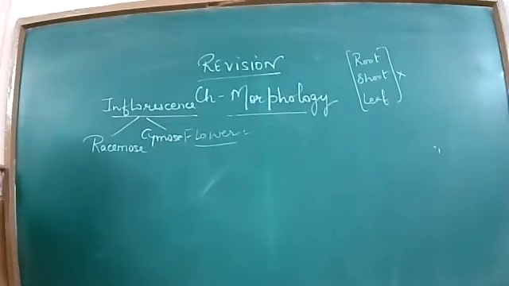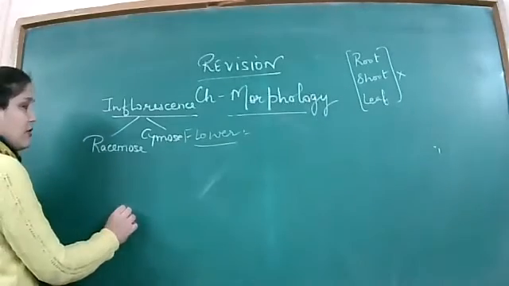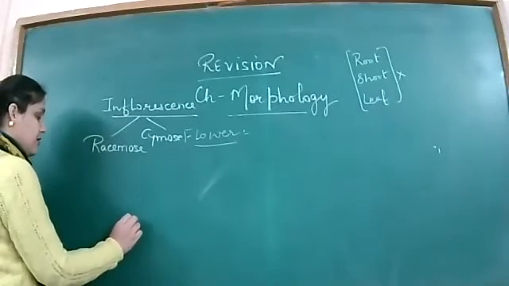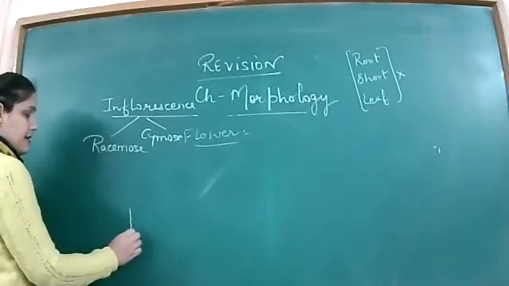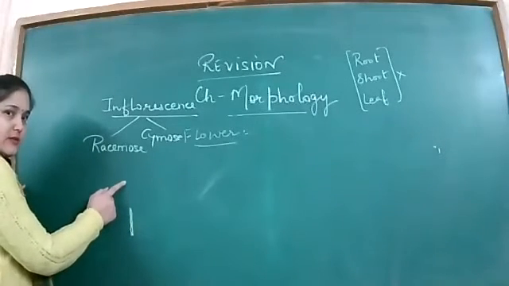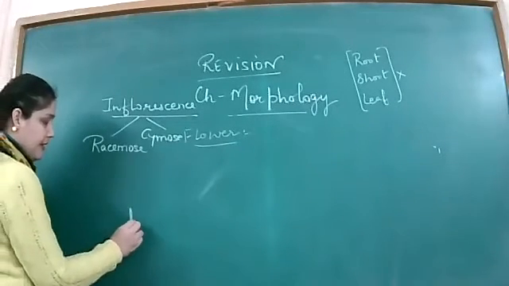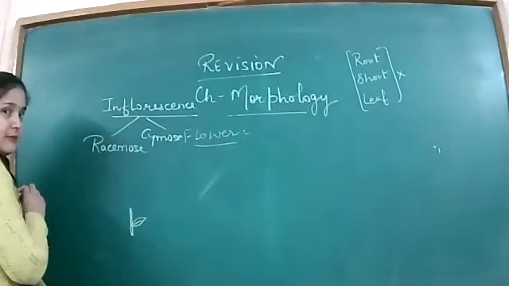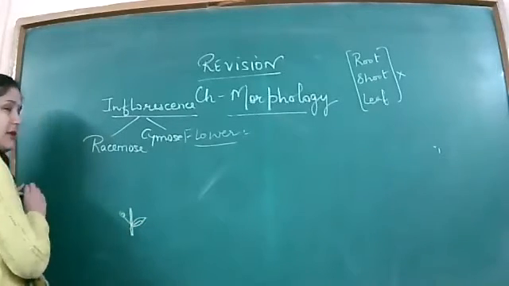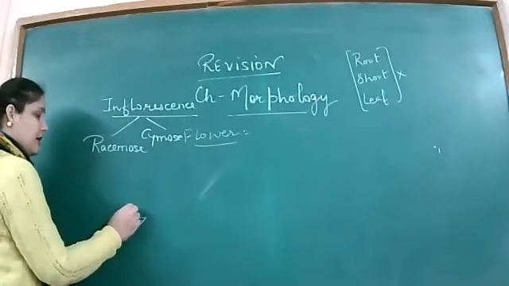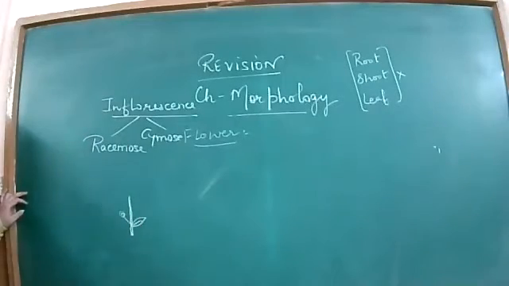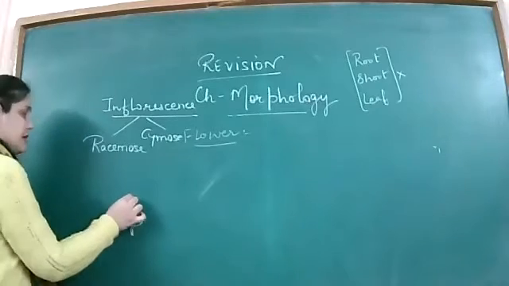It is the one in which the terminal bud does not stop its growth. ठीक है? That is, मतलब terminal bud जो है वो grow करते हैं. Main axis continues to grow. As there is a growth of the stem, the main point is also increasing, right? And the lateral buds are also being produced. Lateral buds, like in the form of the leaf or in the form of the flower, also are being produced. But the terminal end is also continuing its length, है ना? तो ये continuation में चलते रहता है.